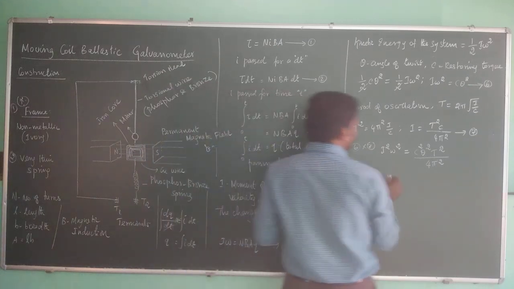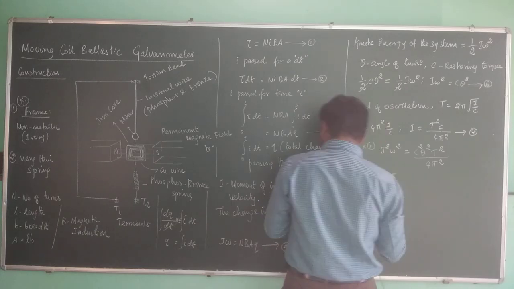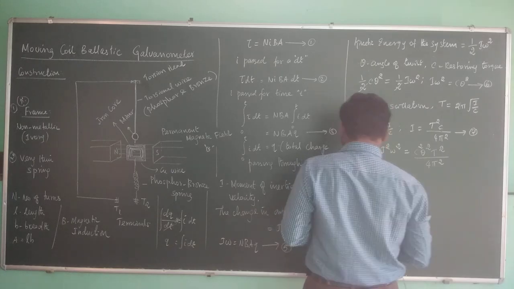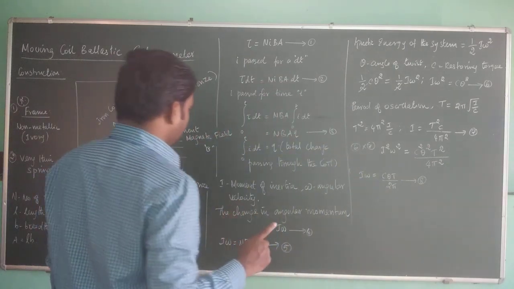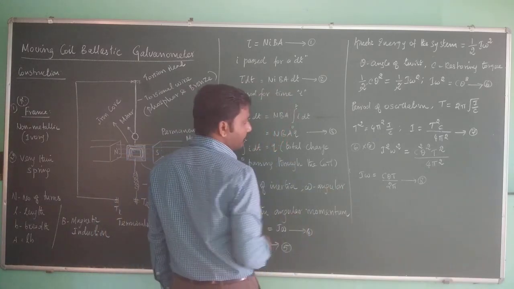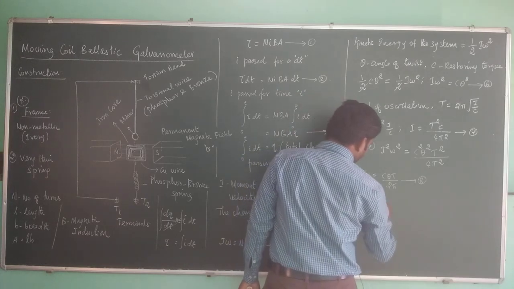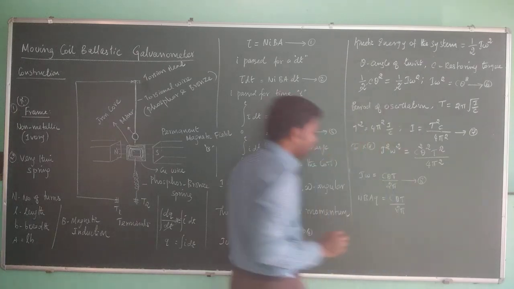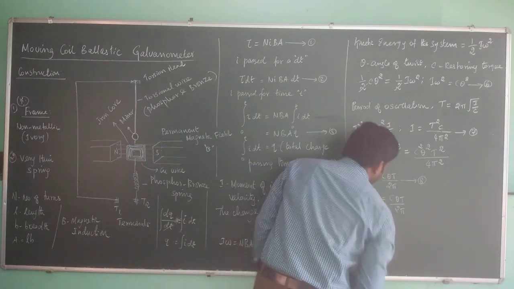Or if we write this equation for I omega, then it becomes C theta T by 2 pi. So this is equation number 8. Now you can compare I omega here and I omega here, equation 4 and 8, then you can write NBAQ equal to C theta T by 2 pi. Or you can rewrite this equation for Q.